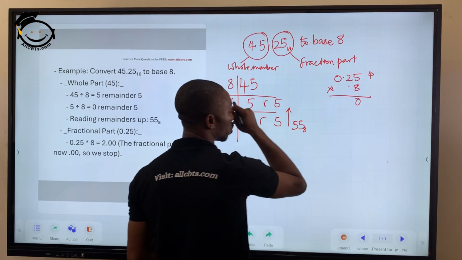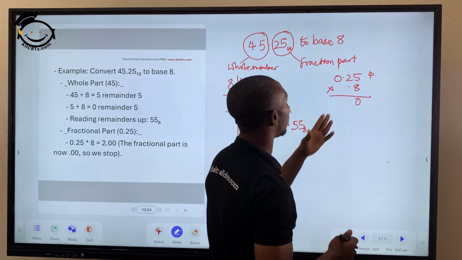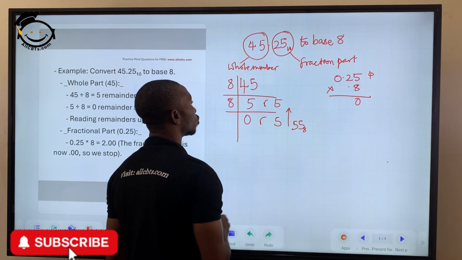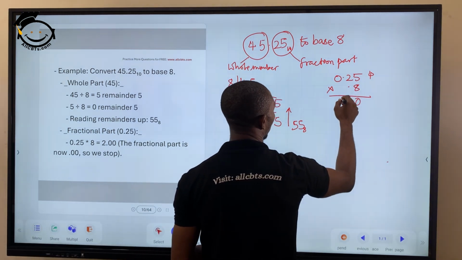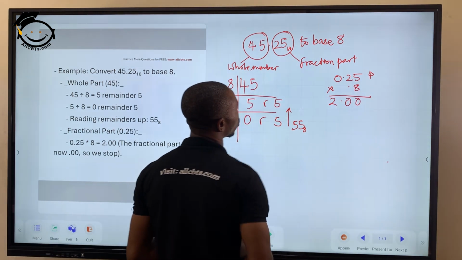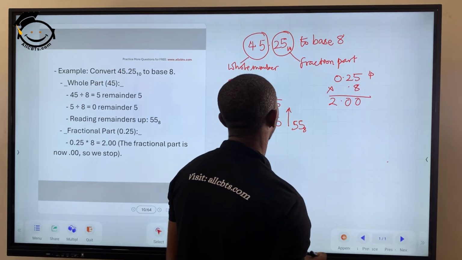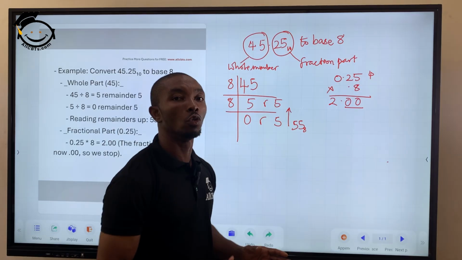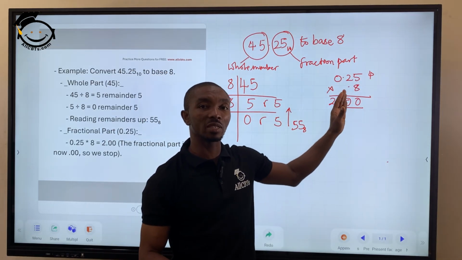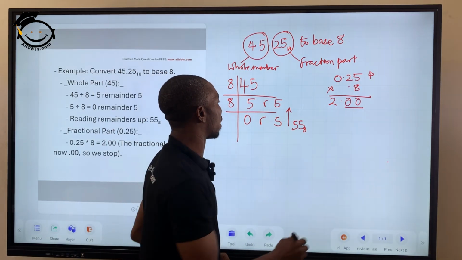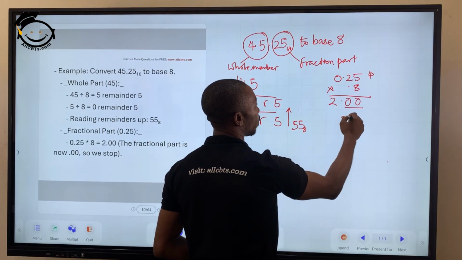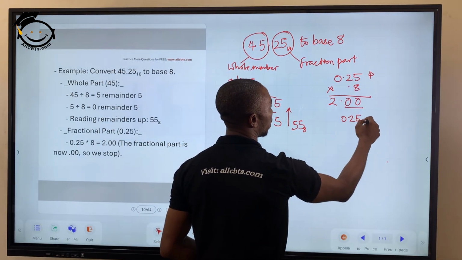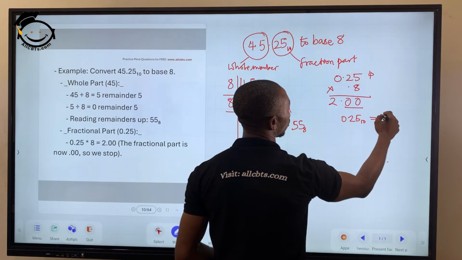Now 8 times 2 is 16, plus 4 is 20. So we write down 0 and put our 2. Now since this decimal part is now 0, no need to multiply by 8 again. So our answer here for 0.25 base 10 would give us